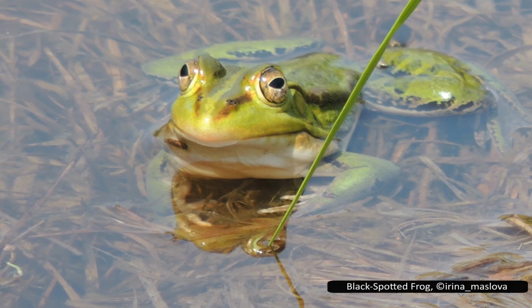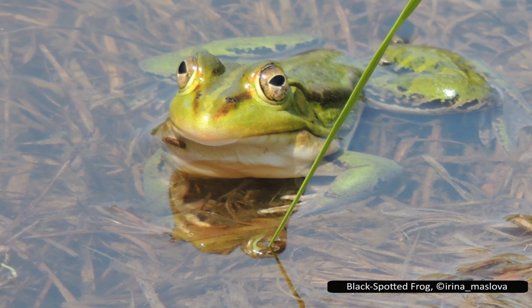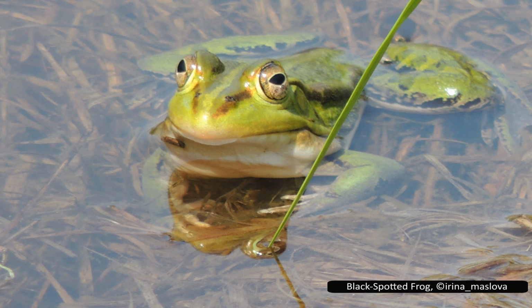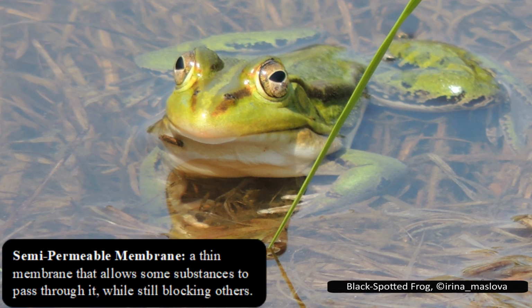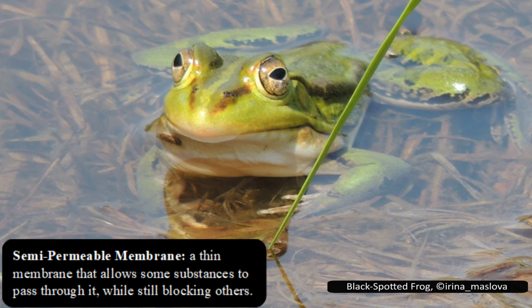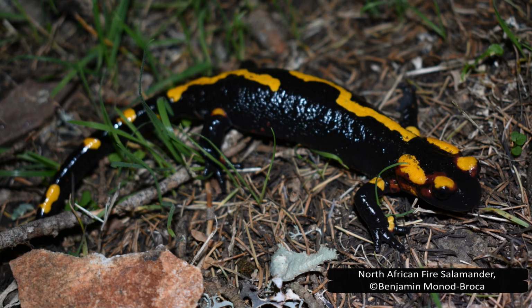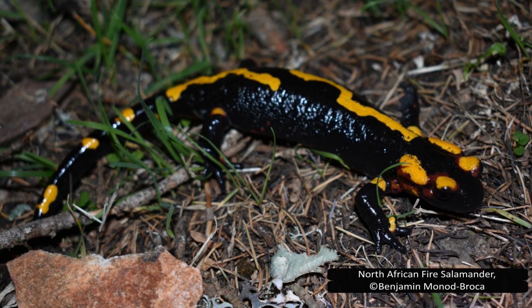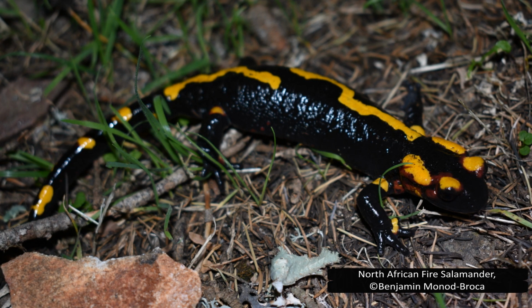In amphibians, their skin is a very important organ. In most species, this needs to be kept moist, and if it dries out, they will die. Their skin is a semi-permeable membrane, meaning that it allows certain elements and compounds to pass through it. They use this to help them breathe oxygen, although most of them do also have lungs. It does also mean that harmful chemicals can enter their bodies through their skin, so water pollution can be a